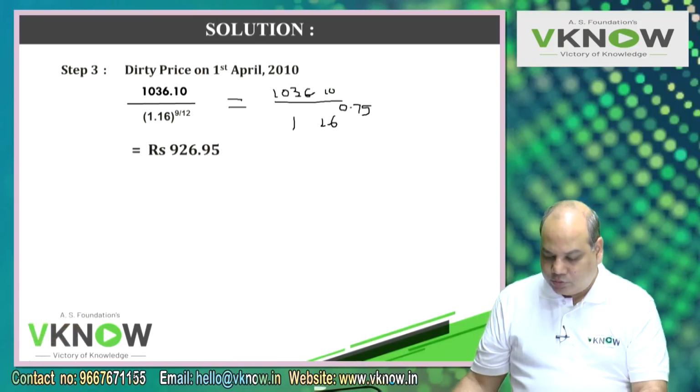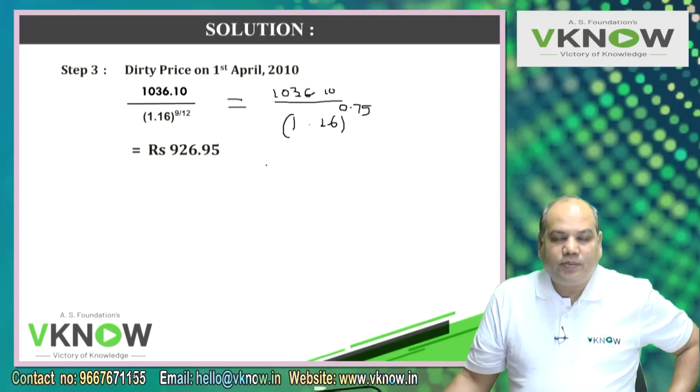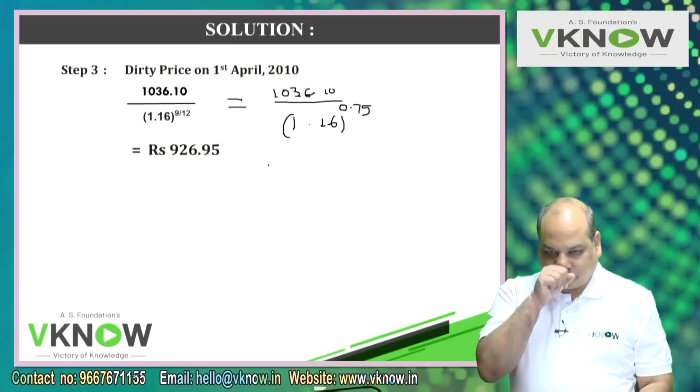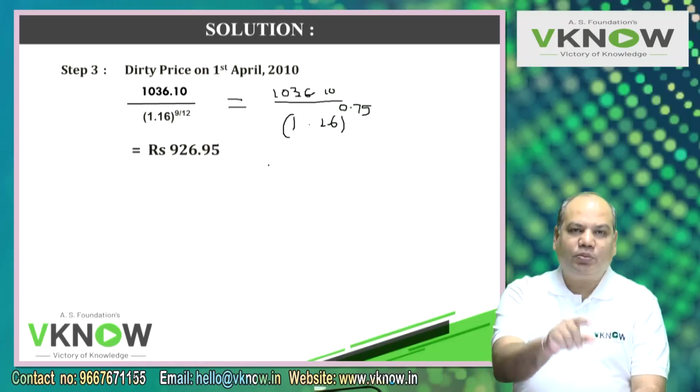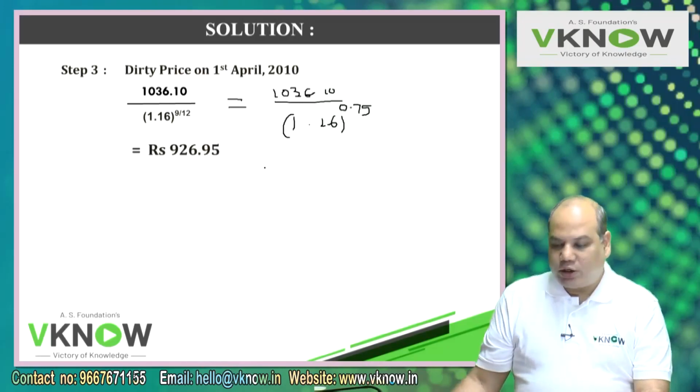This is the point. So what you do, I have given you a trick on your calculator. What is the trick? You first type 1.16. Press square root 12 times. Minus 1. Multiply by 0.75. Plus 1. Multiply equal to 12 times. You will get some factor on your calculator.